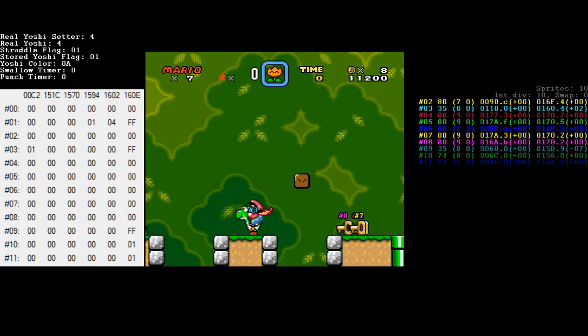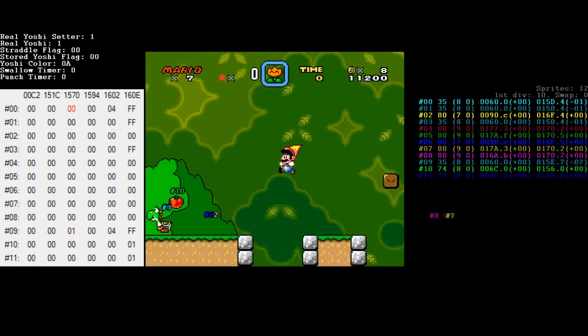So I managed to turn a 1-up into a 2-up, but remember that if the tongue comes out and grabs something, it actually sets 1594 to 2, which basically tells the tongue to start retracting. Well, it doesn't start retracting right away because of the tongue cooldown timer, but as long as the tongue cooldown timer is 0, when 1594 is 2, it will start retracting the tongue. But basically, when the tongue latches onto something, it sets 1594 to 2. So in theory, if we Yoshify the 1-up, and then have the tongue come out of the 1-up and grab something, then 1594 will get set to 2, and that will actually cause the 1-up to change into a 3-up instead of a 2-up. So, showing that in action here,